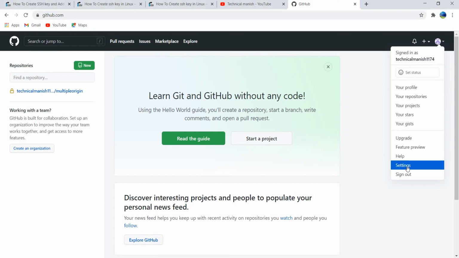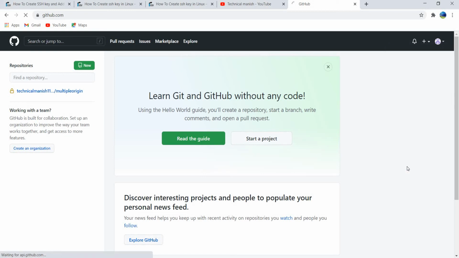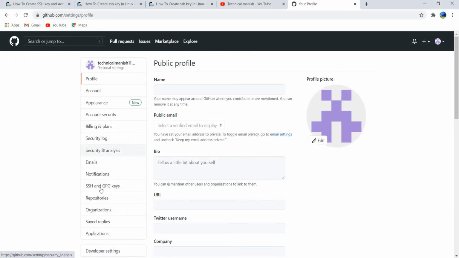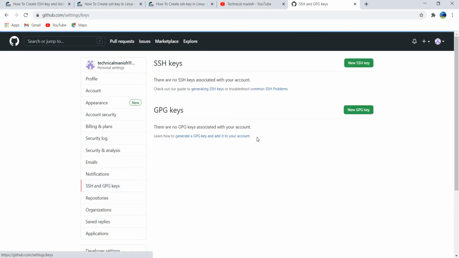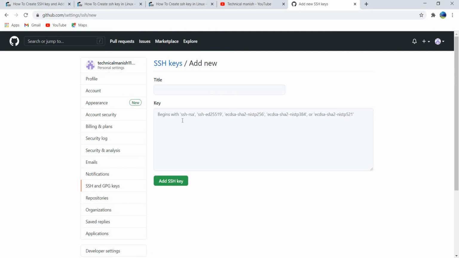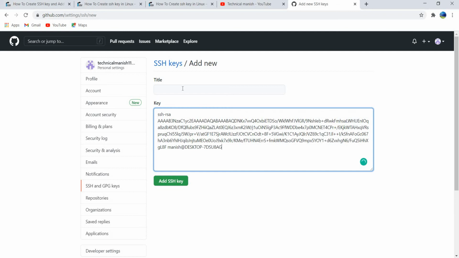Here is the settings option. Click on this. Here is the option of SSH and GPG keys. Click on this, and this is the New SSH key option. Click on this. Now I need to paste my SSH key here.